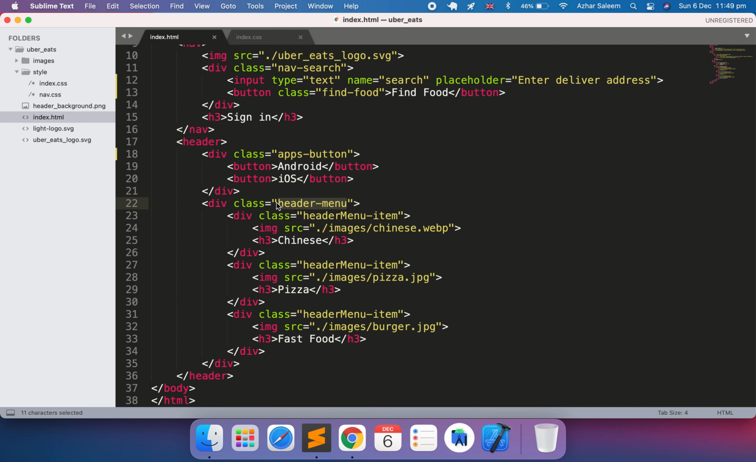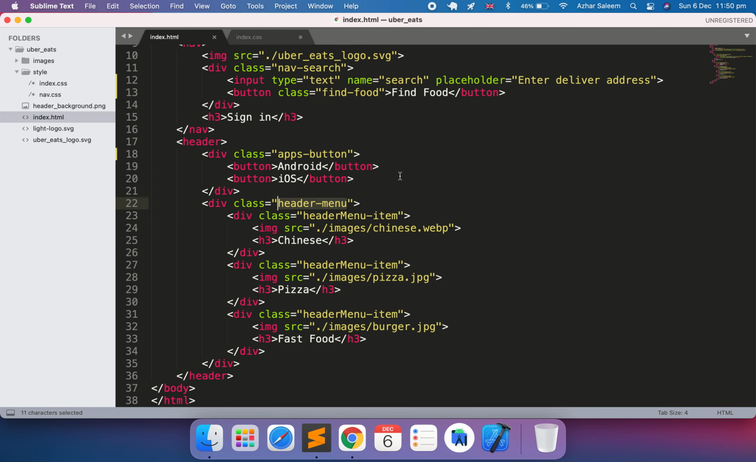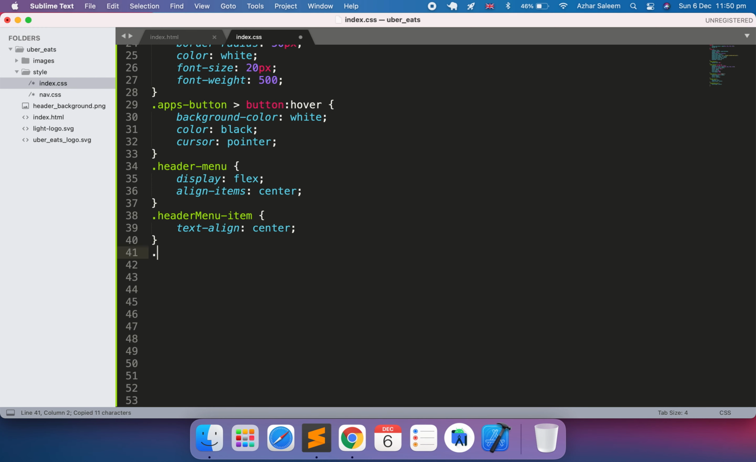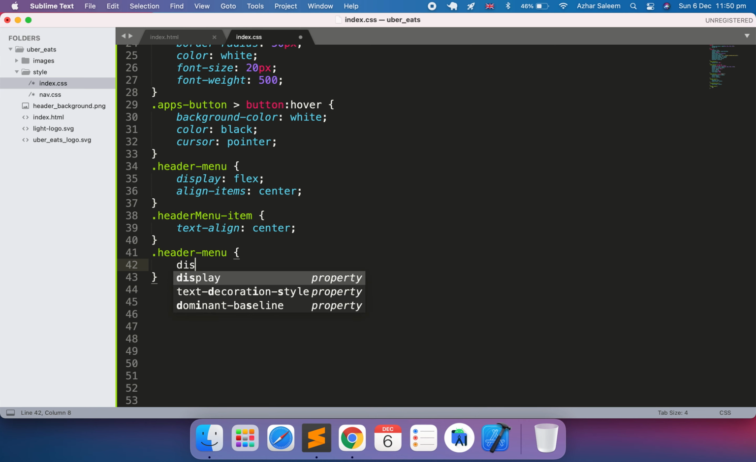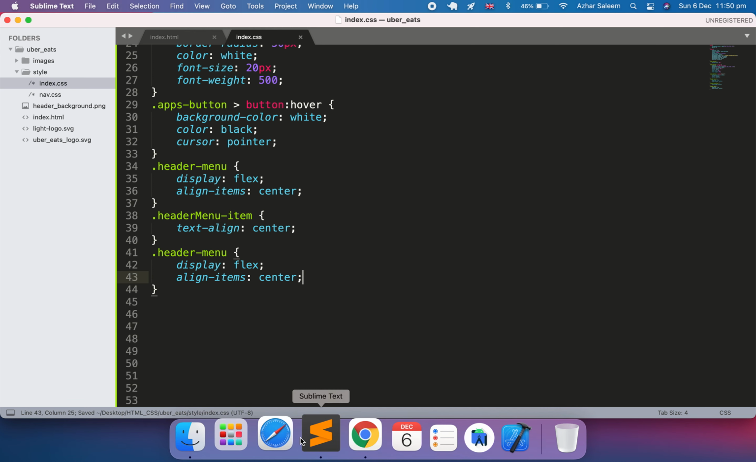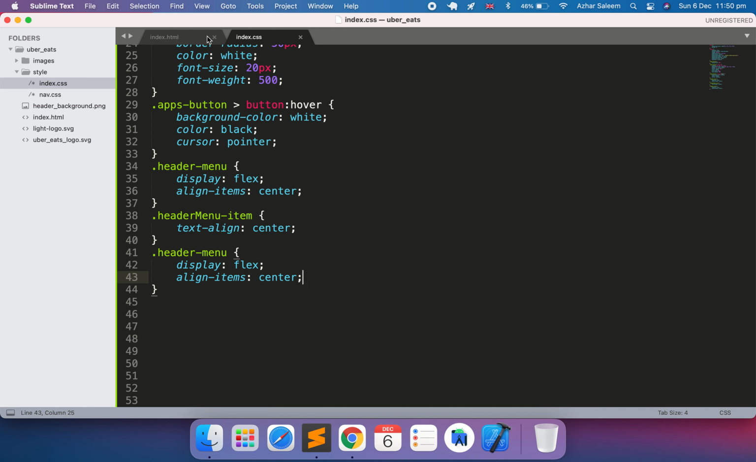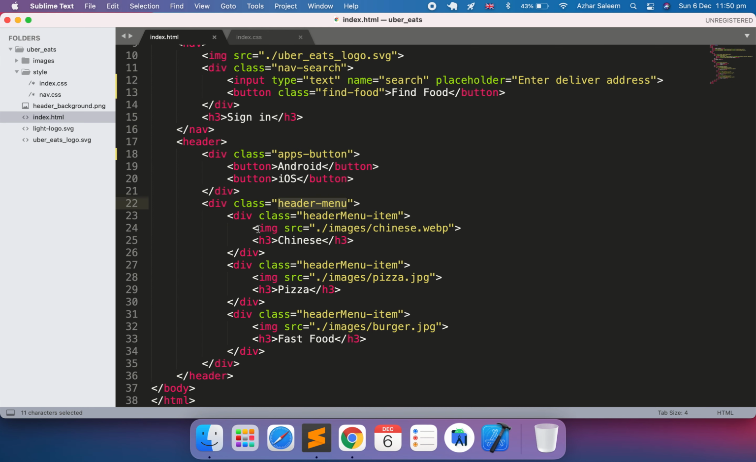First of all, we need this. Sorry, my bad, it's Command C. Display flex and align item center. Okay, and next part,